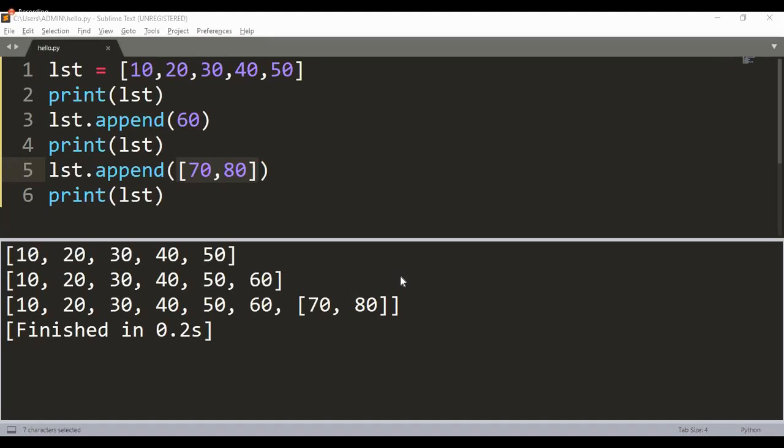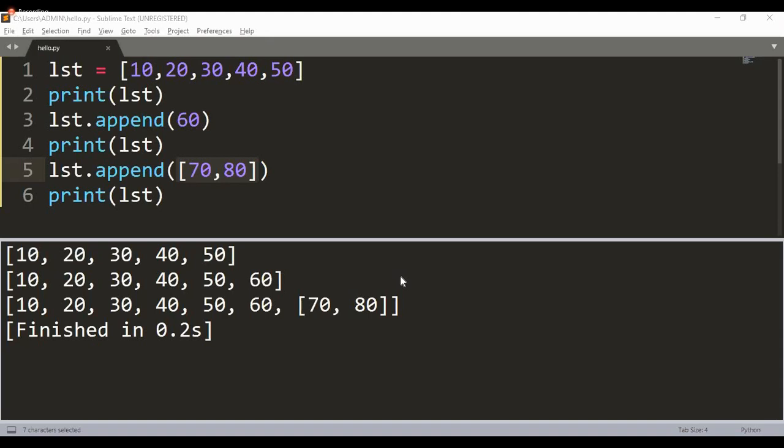Full stop. I would again repeat the same point. The append method in Python adds a single item to the existing list. Full stop. It does not return a new list of items, but will modify the original list by adding the item to the end of the list. Full stop. After executing the method append on the list, the size of the list increases by 1. Full stop. Any confusion so far?